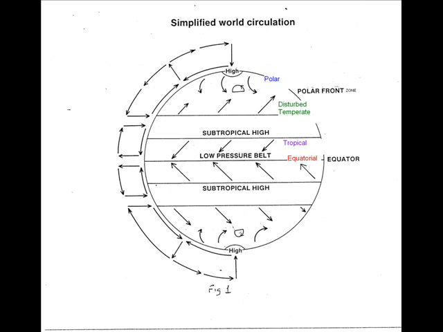Before that, let's just look at what the air shown by those arrows on the left hand side of the diagram give indications of. Remember I talked about hot air rising and cold air descending. Well, if you look at around the equator on the left hand side there, you can see the air rising and flowing outwards up towards a subtropical high, where it descends and flows back, some of it, to the equator. Some of it actually descends and then flows